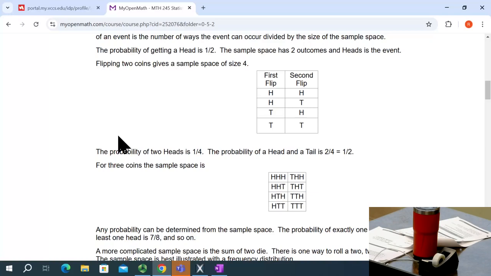But like the chance of rain, how much rain? Is it yes or no? Is it a lot or a little? What constitutes rain? How much do you have to get? If you walk outside and it's sprinkling, is it raining? So the sample space is just what can happen, and it helps figure out what the odds are on something happening.